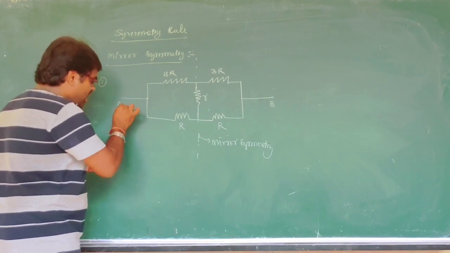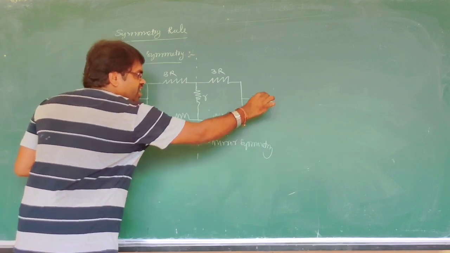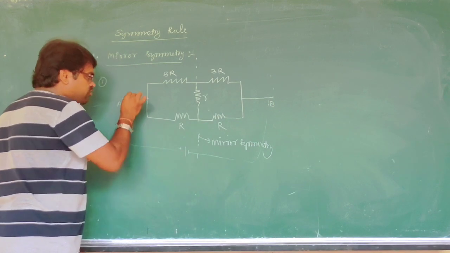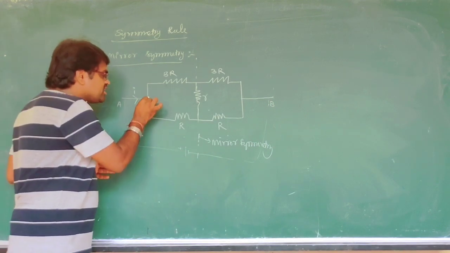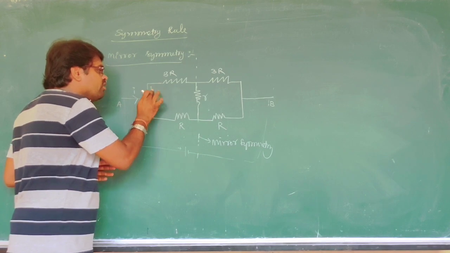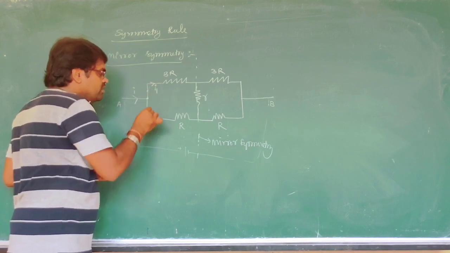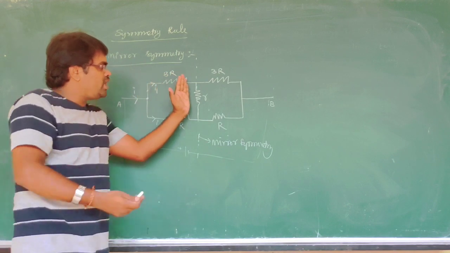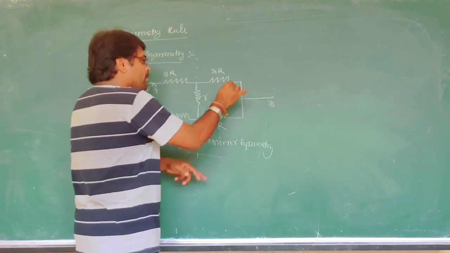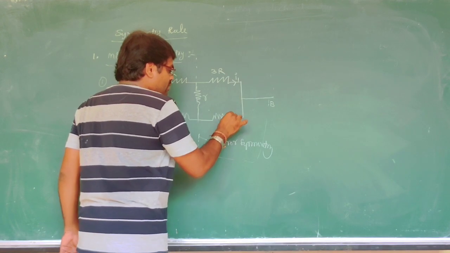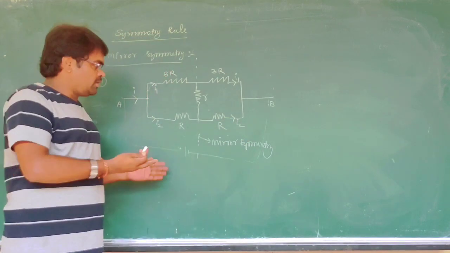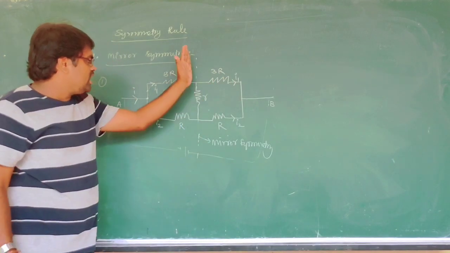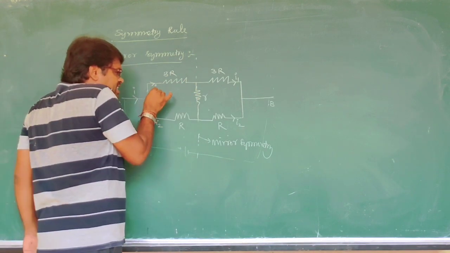Now we connect the battery to terminals A and B. The current I will flow. What happens at this junction? The current will be divided into I1. Here the current will be divided into I2, like this. I1, I2. What does the mirror say? The same. I1 here, I2 here. The mirror says the same. It is symmetrical.